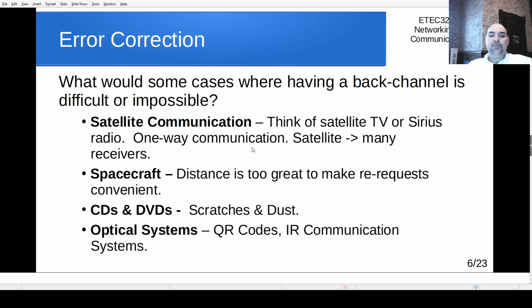Optical systems, like a QR code or IR communication with a remote control, those are one-way things. With a QR code, you can read the code, look at it, but it has no logic in it, no ability to talk back to you. It's just a one-way communication of the light bouncing off of it going into a camera that's reading it. So if part of it gets obscured or part of it is missed, we would like to reconstruct that and make sure we're not having corrupted data in some way. All of those things are cases where we don't really have a back channel. We can't ask